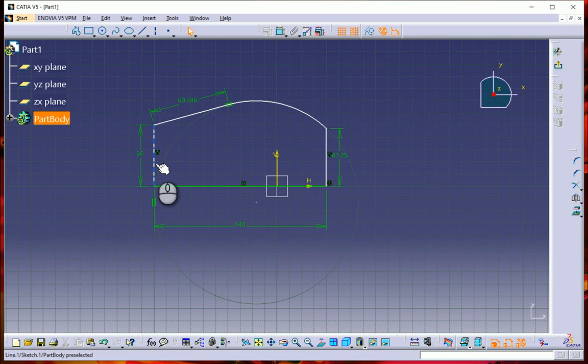Now when we make a change in any of the workbenches, the change in that particular feature will change everywhere, wherever that feature is used, right? And that is known as bidirectional associativity. So if we change a feature somewhere, wherever we have that feature, it is going to change in that workbench also. If we make a change in one part, everywhere that part is being used, the simultaneous change will take place. That is known as bidirectional associativity.